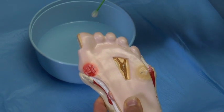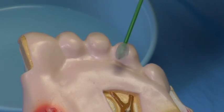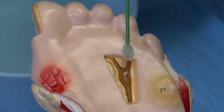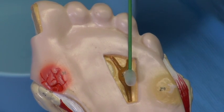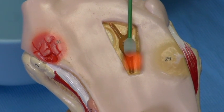Now here's the ice ball. We just pulled this ice ball out of saline. We've created it for the purpose of this demonstration. And all we're going to do now is simply show you a depiction of how the ice ball contacts the nerve and where it contacts the nerve and how that